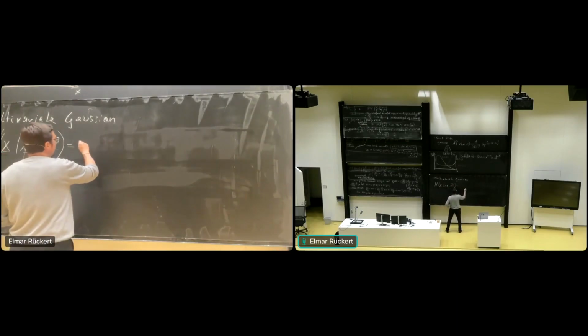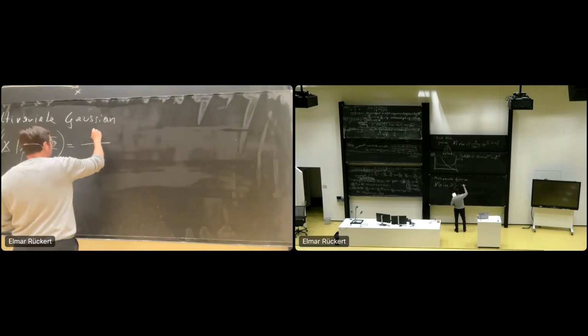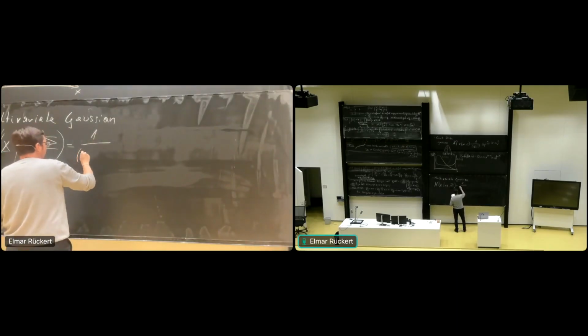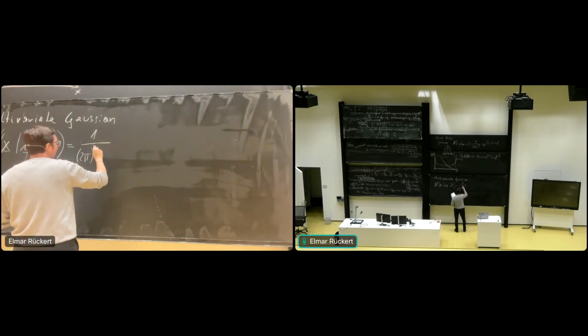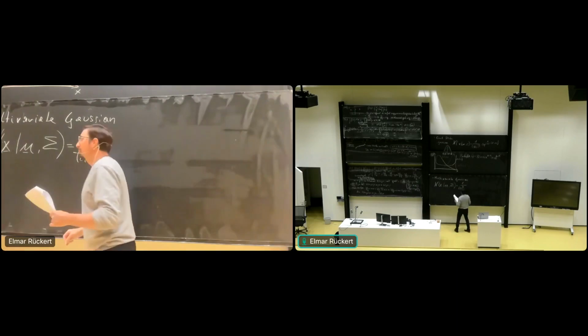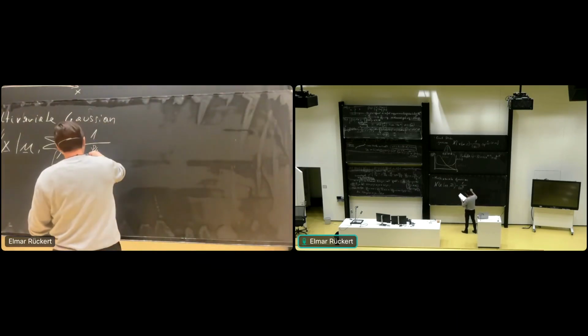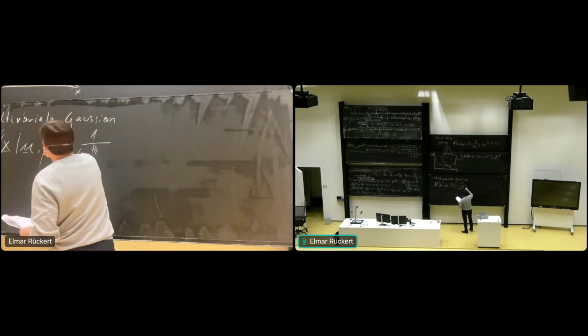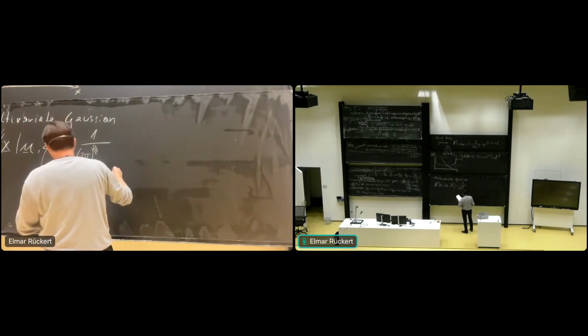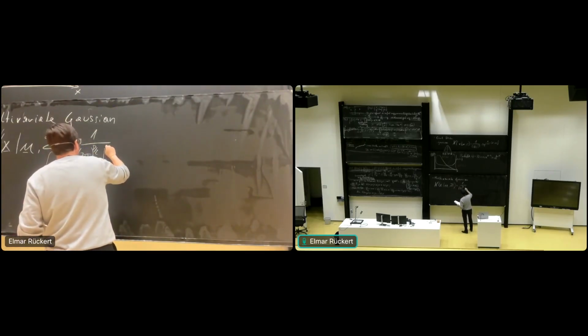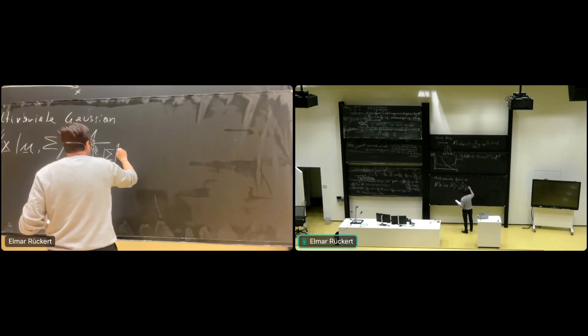And this is again given by some normalization term where we have 2 pi as in the one-dimensional case to the power of d divided by 2. So it's actually the square root. And d is the dimension of our covariance matrix sigma